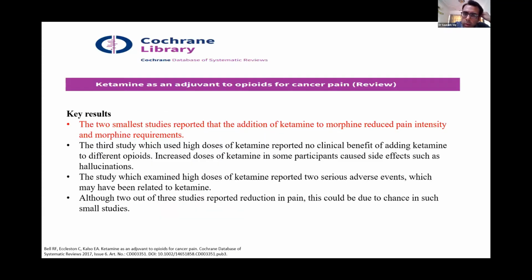This review came in 2017, and of the 3 studies which were included, 2 had patient numbers of only less than 20 and 50, and 1 study which showed more adverse effects had more than 195 patients. So the pooled evidence still does not favor ketamine much, and in the step ladder you will see it is only for rescue therapy and not a first line agent.